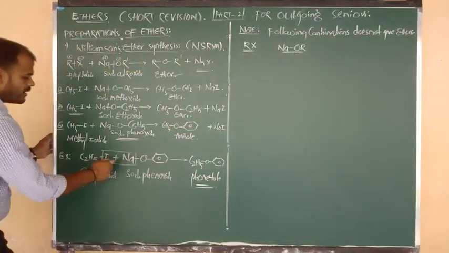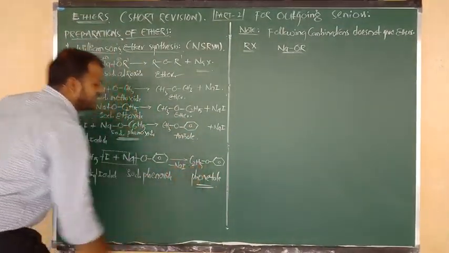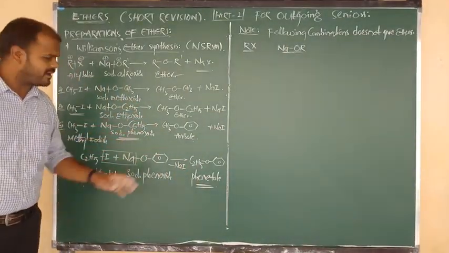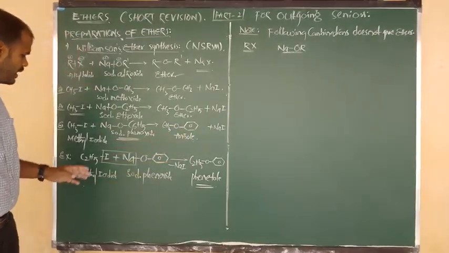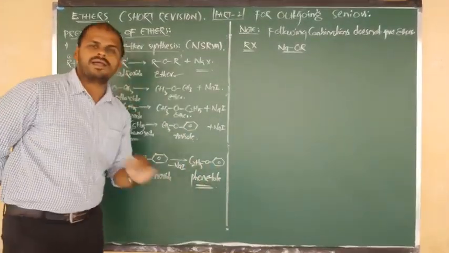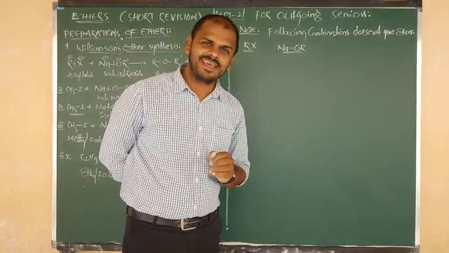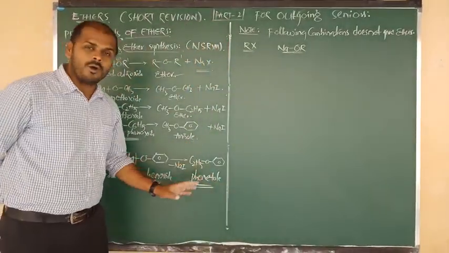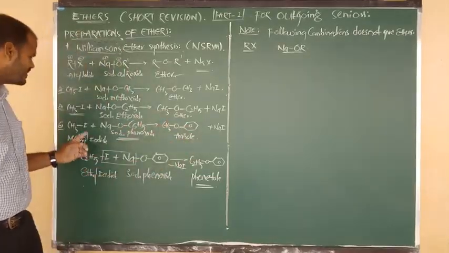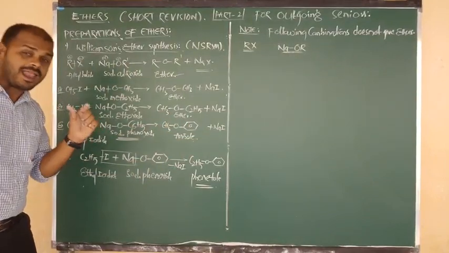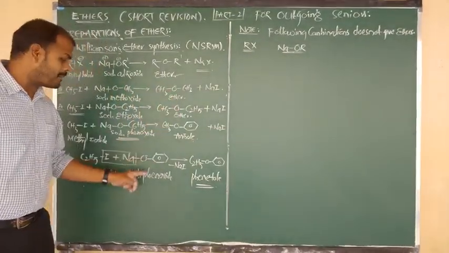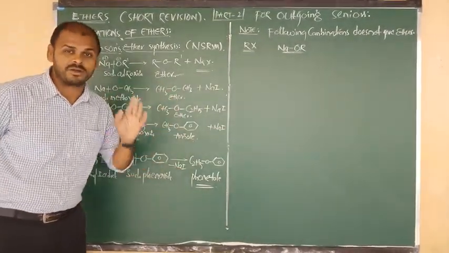So upon elimination of what? Sodium iodide, you can remove here minus NaI. Once again, methyl iodide on reaction with sodium phenoxide gives methoxybenzene or anisole. Ethyl iodide on reaction with sodium phenoxide gives what? Ethoxybenzene, and we can also say phenetole. Clear? So for the preparation of either anisole or phenetole, you require sodium phenoxide. But for the preparation of anisole, you require methyl iodide or any methyl halide. But for phenetole, we have to consider any ethyl halide. But you have to fix this compound. Yes, both are very important. Better try to be focused.